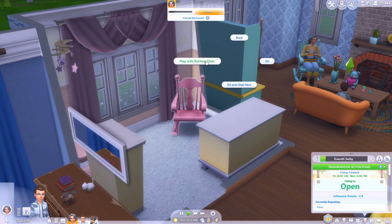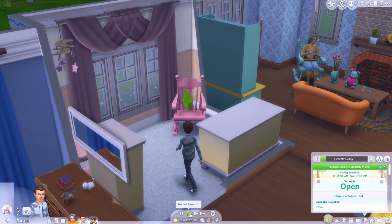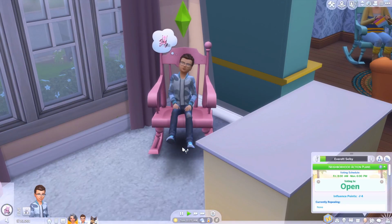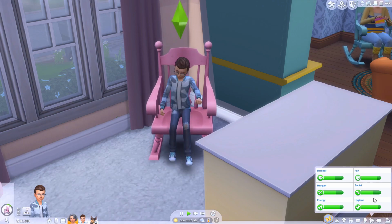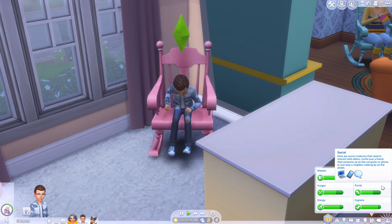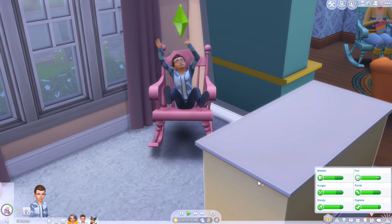So while we're listening to those lovely train sounds, let's have Everett play in the rocking chair, because I know this is a new interaction for children. So let's see what we get with that. Okay, so he's having a good time. This is increasing his fun. So that's always good. I like having things that can really get up fun for me,